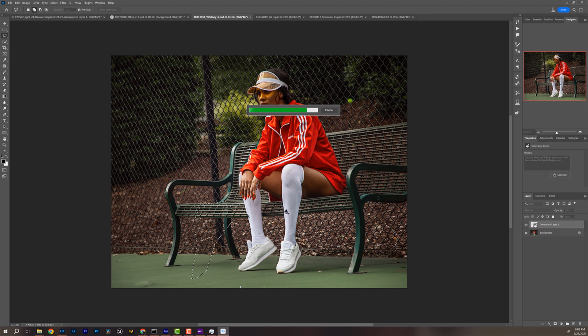Now this one really didn't give me what I'm looking for. You could tell it's kind of a tennis racket, but at the same time, no. It seems like they're all like this, kind of leaning to the side. You see, it's kind of giving me the same thing. So it turned it a little bit. So let's switch that up. And it might be just because of my mask and selection. So I'll make my selection a little wider. And now I'm gonna do tennis racket and see what it gives me.